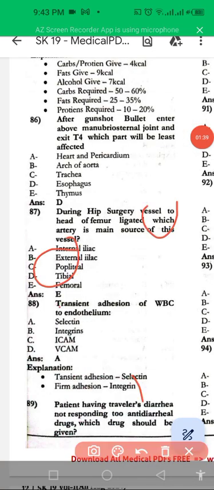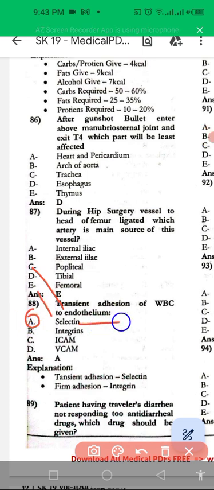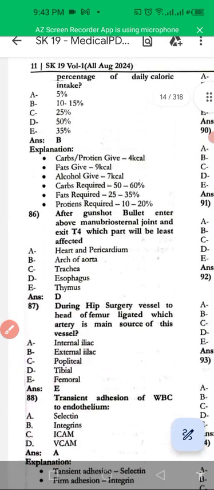Next one: transient adhesion of WBC to the endothelium occurs because of selectin. And in hip surgery, when the vessel of the head of the femur is ligated, which artery remains the source of the vessel? That is the femoral artery. Next one is